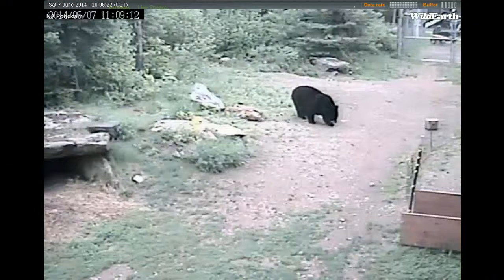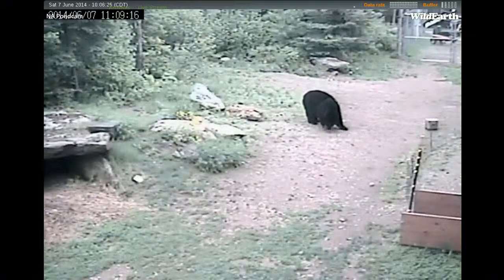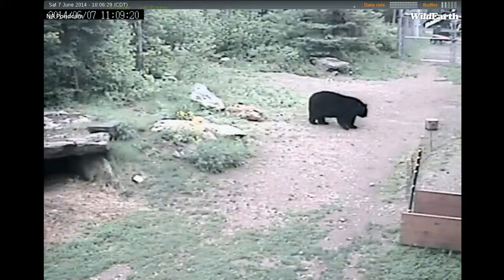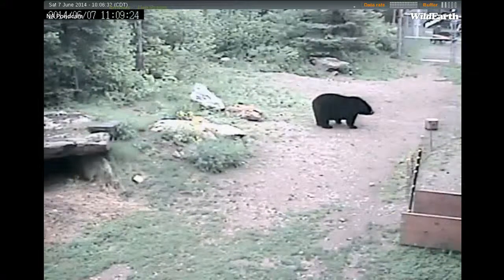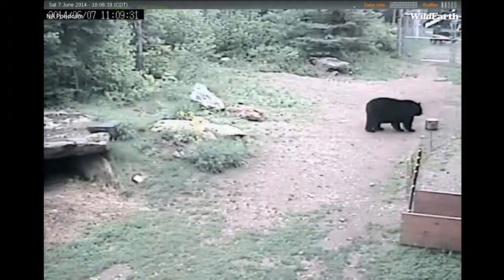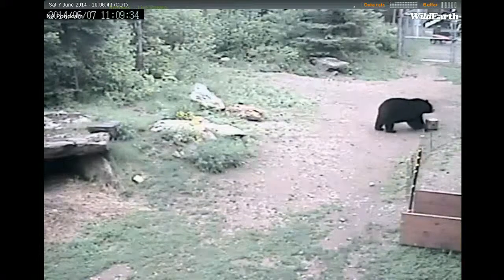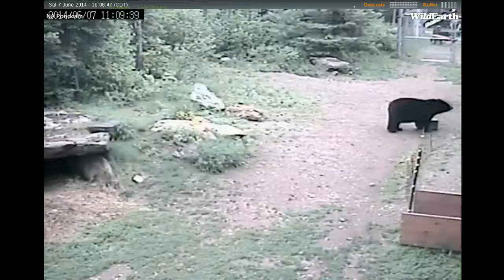So Ted, Lucky, Honey, and Holly have it pretty made here because we don't change their diet much. They get romaine lettuce, they get carrots, they get apples, they get grapes when we have them, and as you can see, Ted is waiting for more nuts. They get many treats during the day. We feed our bears about 5 times a day, 3 for enrichment, and then 2 meals, one breakfast,